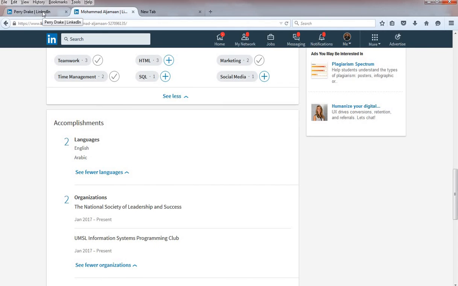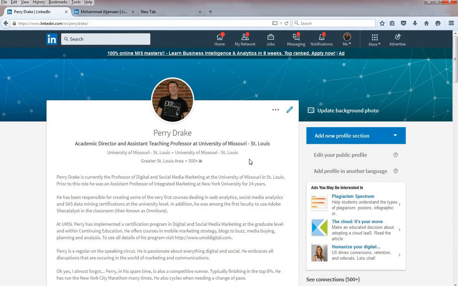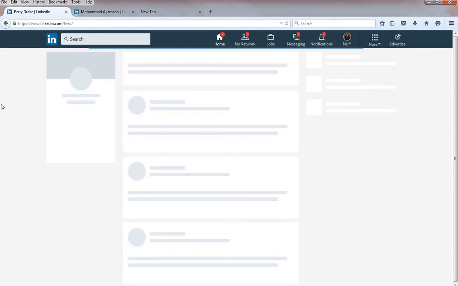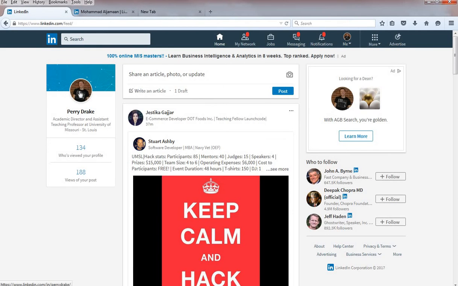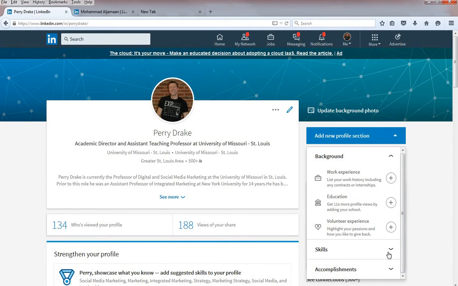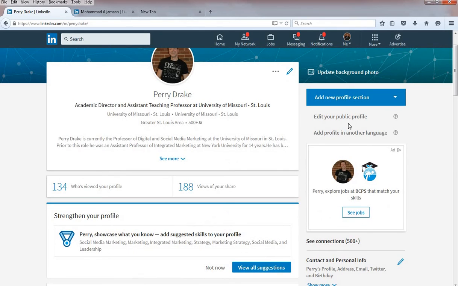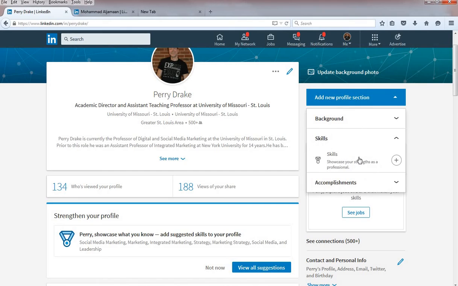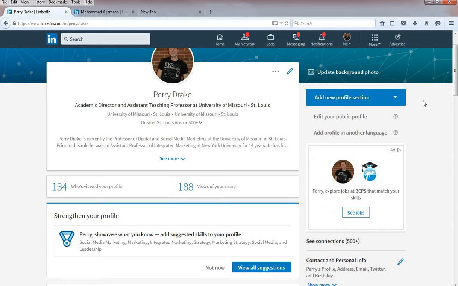So if I jump over to mine, because I can't do it on his since I don't have ownership of Muhammad's profile, you will see here, here I am when I log in. Let's find my profile. I just click on my picture, add a new profile section, and I could do something like adding new skills, perhaps, or other accomplishments. So add another section for that, and that's where you would probably put the hackathon